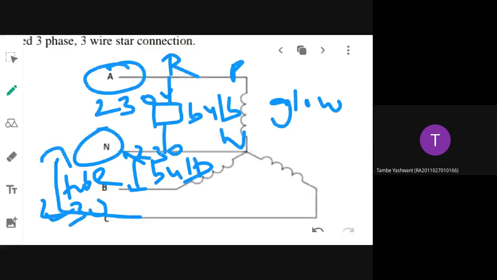Ma'am, like plus and minus of phase and neutral. But you should not tell that phase is positive, neutral is negative. It is a wrong notion. DC is separate. AC concept is separate. When it comes to explaining DC, you should tell positive, negative. Negative is forming the return wire. But when it comes to single phase AC, P and N you will denote. P represents your phase, N represents your neutral. And the supply specification is 230 volt single phase 50 hertz.